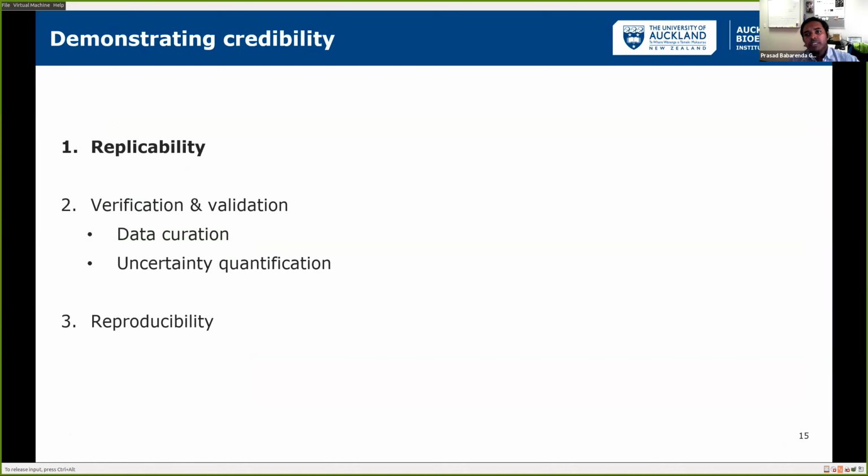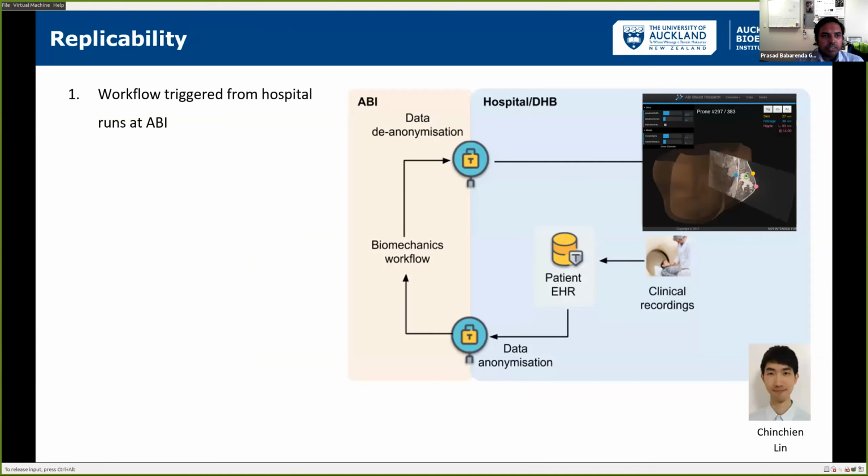Now I'll get into some of the details of how we are attempting to demonstrate credibility in these workflows that we're developing. And I'll start off with looking at replicability, and then we'll move on from there. So in terms of replicability, maybe what we can do is take you through some of the infrastructure that we've developed. So at the moment, we have a workflow that's triggered from the hospital that runs our workflow at ABI,